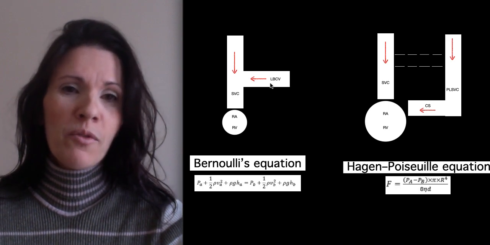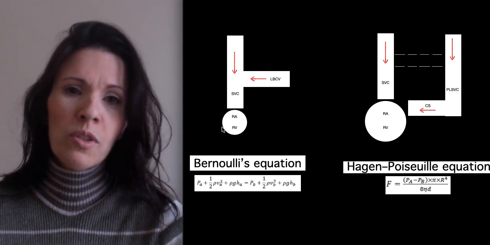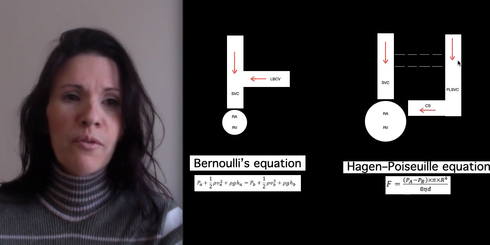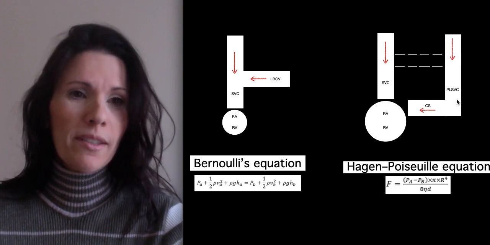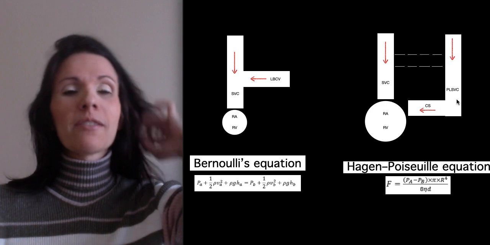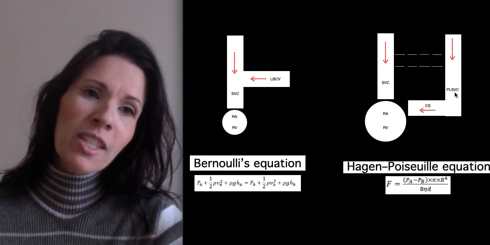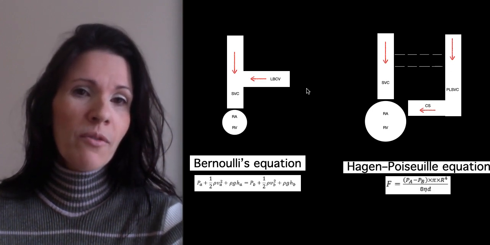Normally you have the left brachiocephalic vein, and this flow goes to the right side of the heart. And when you have a persistent left superior vena cava, you can have another door to the heart. You have the superior vena cava and the persistent left superior vena cava, and in most cases you don't have the left brachiocephalic